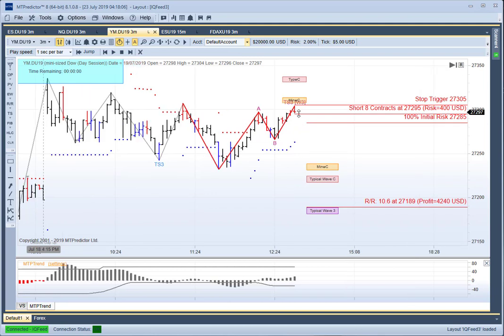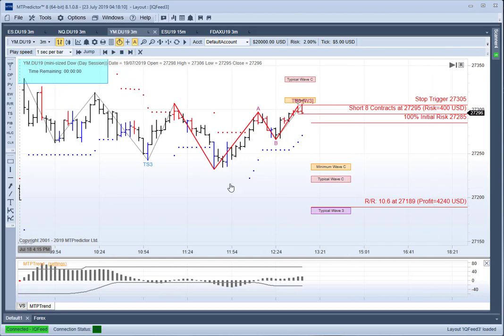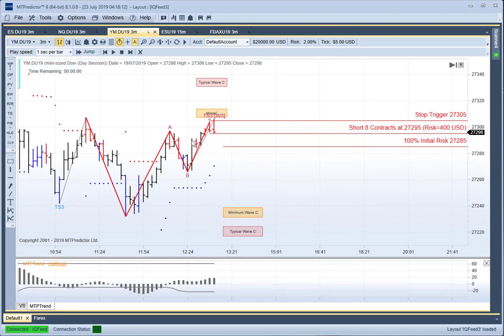So you place your orders and you then move forward a bar, and you can see here you may well have been stopped out. I don't quite know what happened in this. It might have gone up and then gone to the stop trigger first before going to the entry trigger, which means it would have been invalidated and it wouldn't have been a tradable setup, so there would have been no setup there. But let's take a worst case scenario.